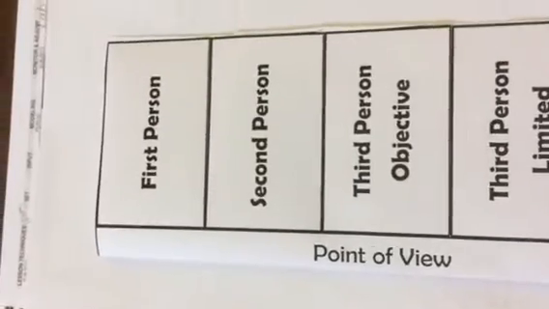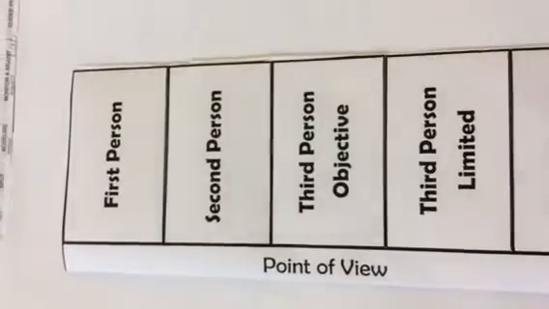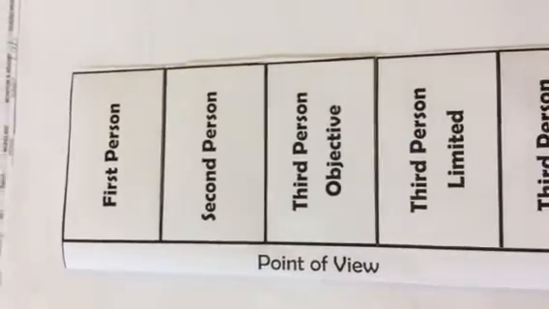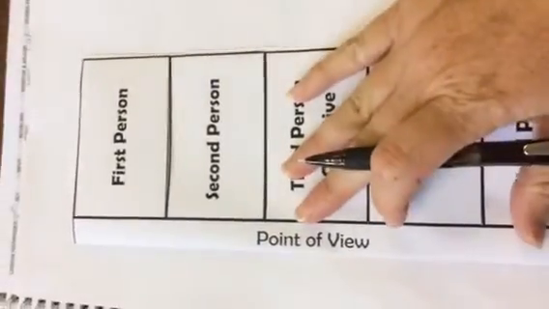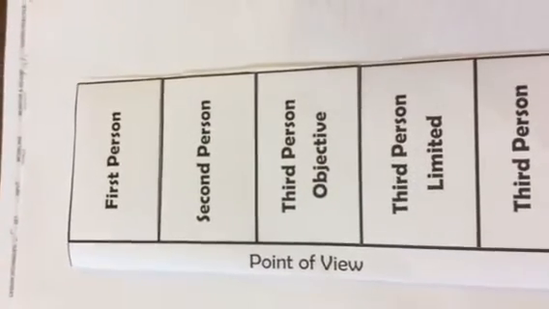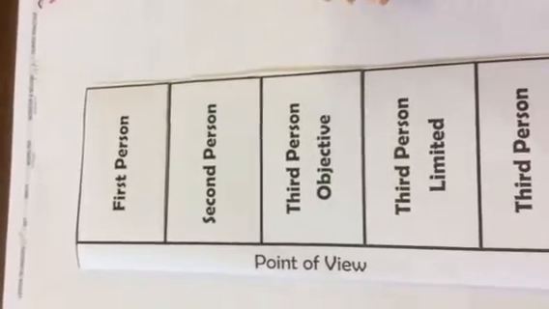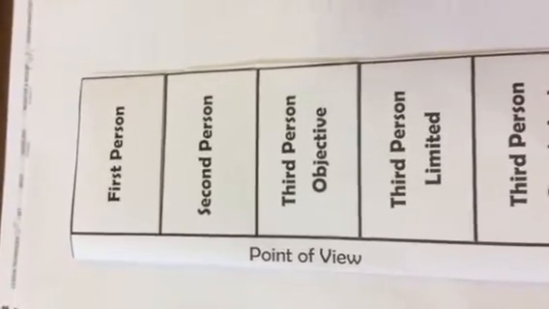All right, 8th grade, this is a video over point of view. If you're watching this, you should have already been on Edmodo. You should have seen the Foldable, which is what this is. You should have printed it out. You need a pencil and you need a pair of scissors. And later on you might can use some glue in your composition book as well. So let's go ahead and get started.